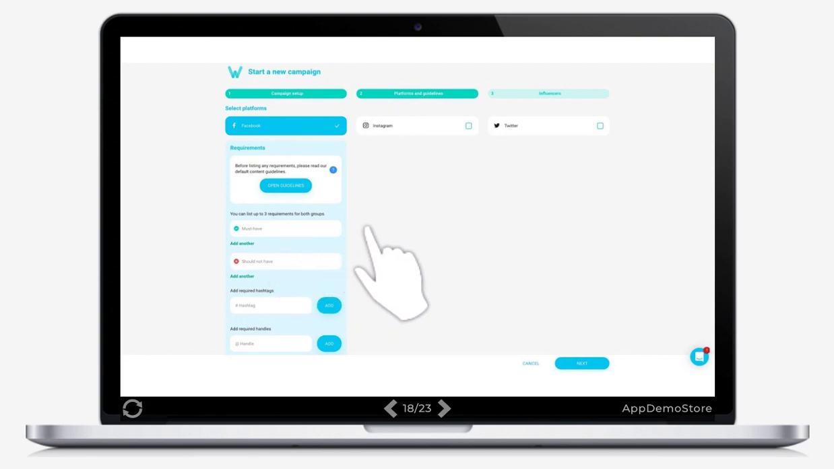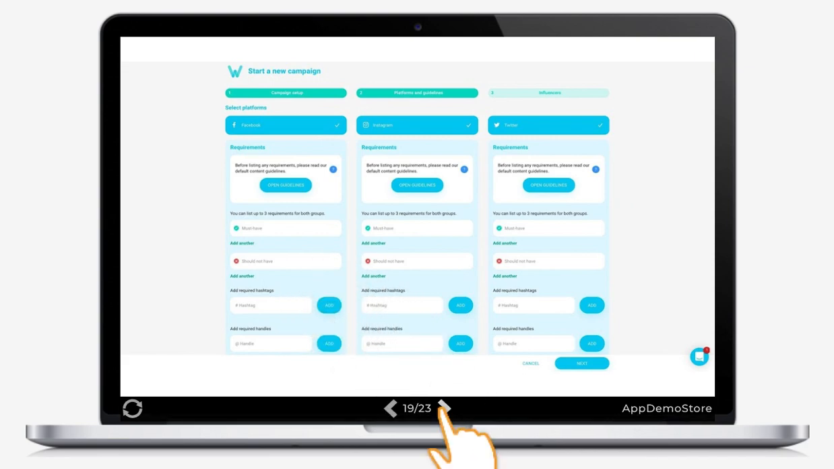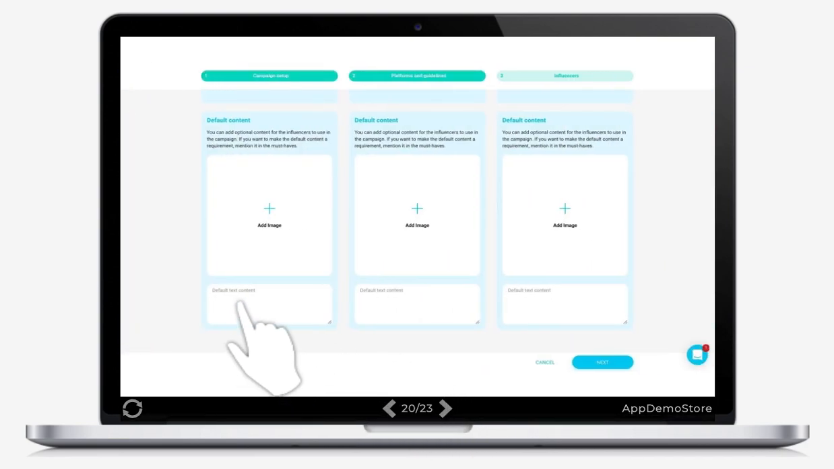So if you have certain things that you want all the posts that will be made to have, this is where you specify them. We call them the must-haves. If you also want to specify things that shouldn't be included on a particular post, this is where you input them as well. You can specify hashtags and handles. You can also add default content, if you have pieces of content or text that you'd like the social media users to use as is. This is where you input that. So if you have a graphic and the text,